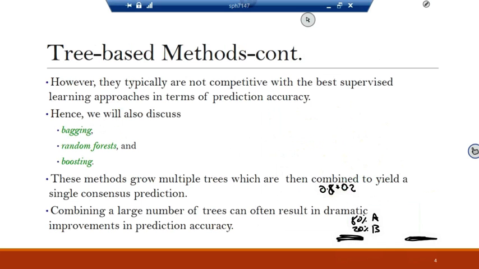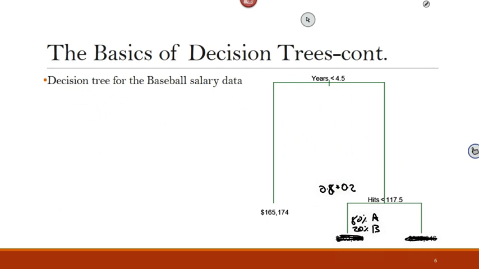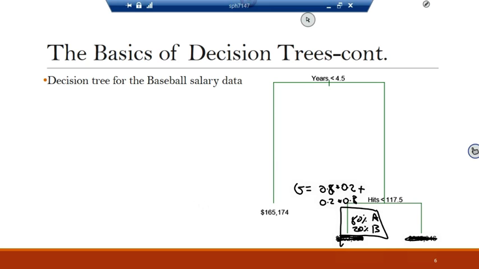If you have more than two classes, you need to calculate for each class. It's going to be plus, and since we have two classes, 0.2 times 0.8. That's the G value in this region.